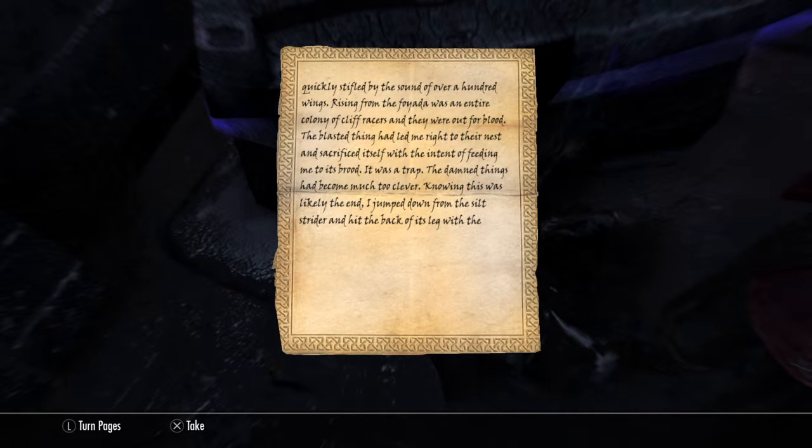Quickly stifled by the sound of over 100 wings, rising from the fjord was an entire colony of cliff racers, and they were out for blood. The blasted thing had led me right to their nest and sacrificed itself with the intent of feeding me to its brood. It was a trap. The damn things had become much too clever. Knowing this was likely the end, I jumped down from the silt strider and hit the back of its leg with the...